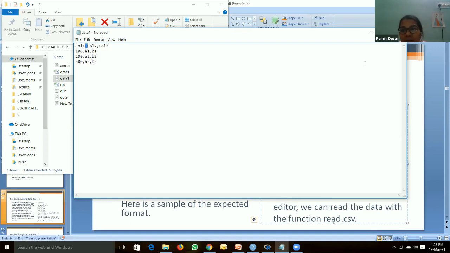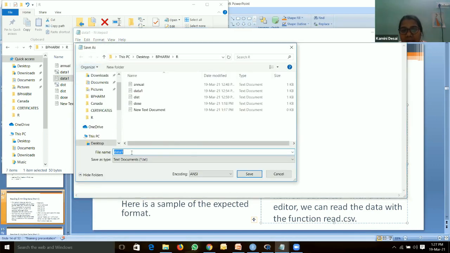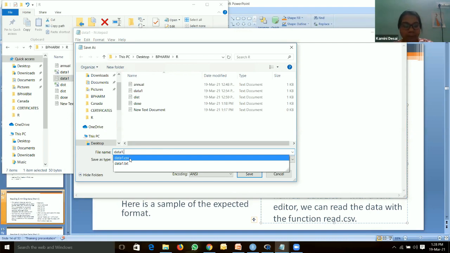And you have to do Save As and save it as data1.csv. Have you saved the data in CSV format?